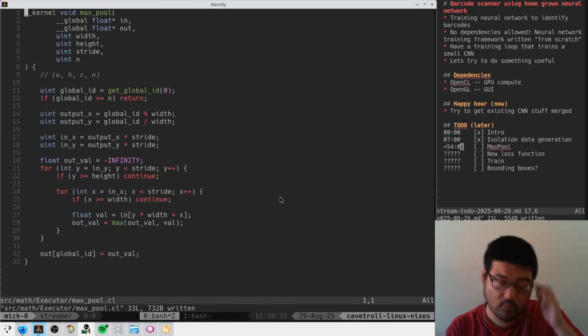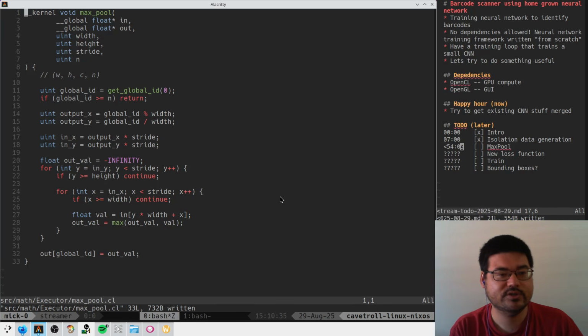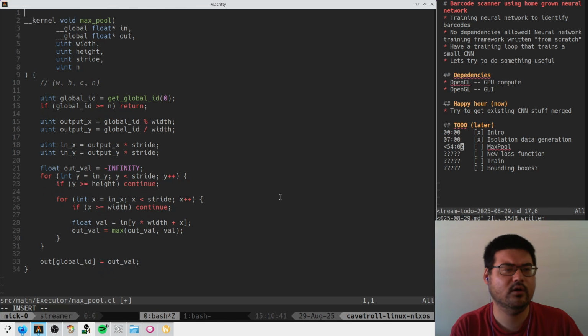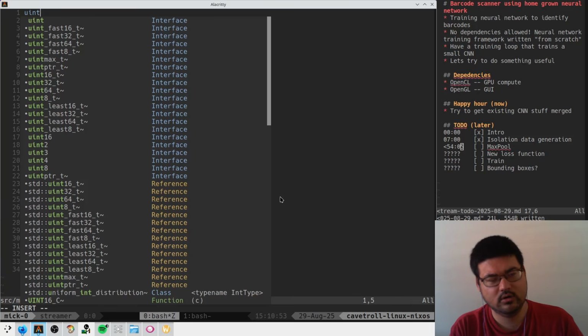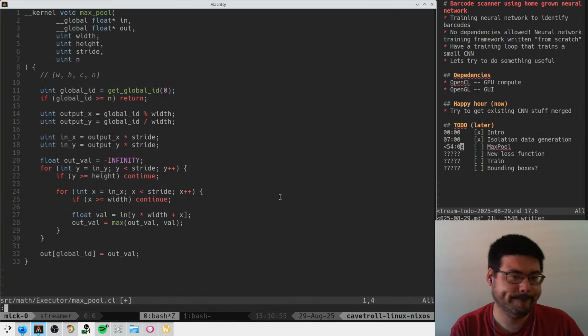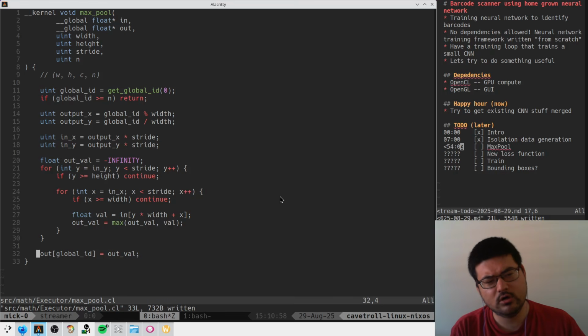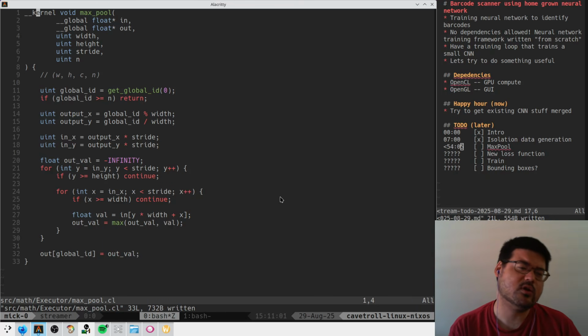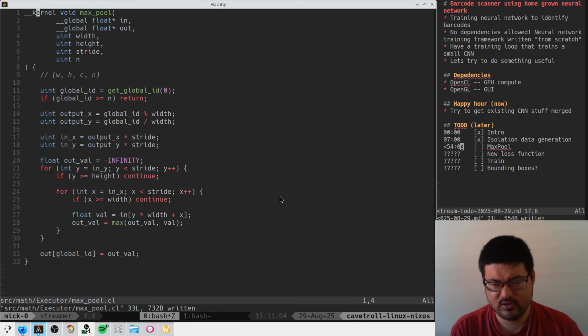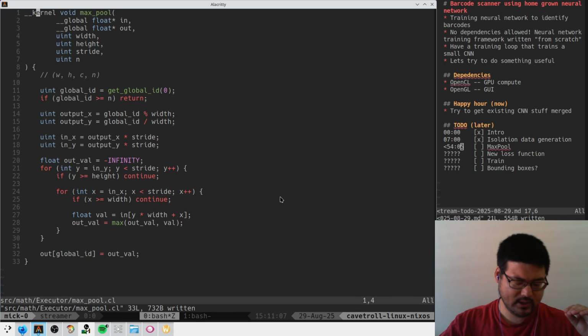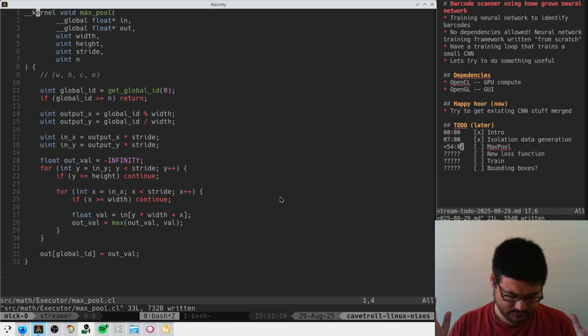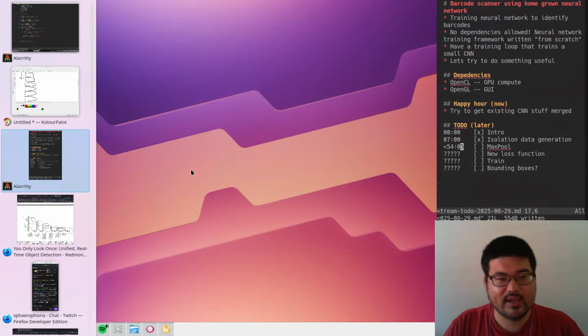So maybe here we do something else, right? We do max index. Yeah, so this is gonna return us a uint. So I guess we want an iterator that will iterate over the relevant pixels for our thing, right? Because when we, maybe not. Let me think for a second. So I guess on back propagation,